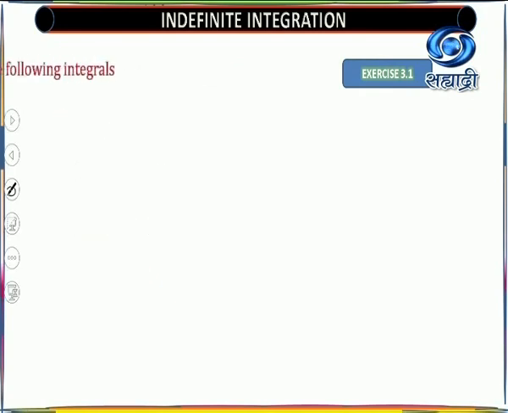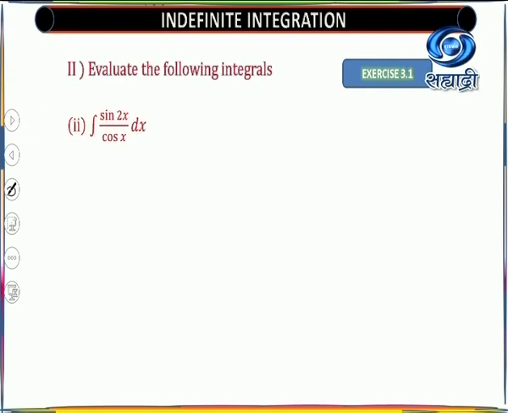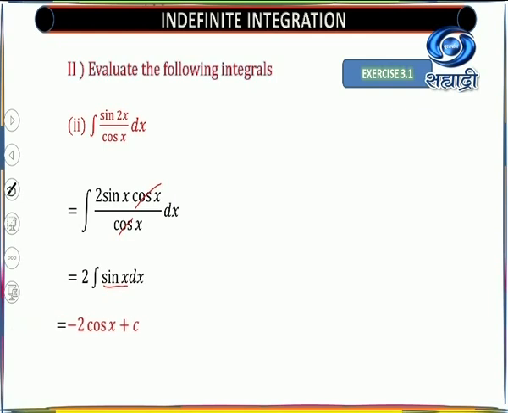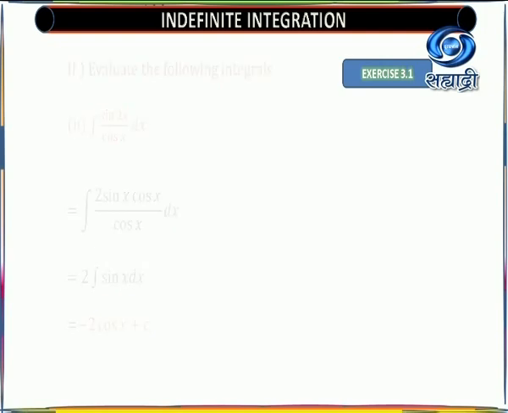This is the simple trigonometry which we are using here. So the next example is given here as integral of sin 2x upon cos x. Just now I discussed the formula for sin 2 theta. The same formula we are using here. So you will get 2 sin x cos x, and cos x will get cancelled. So you are left with 2 sin x. 2 is a constant, so outside the integral sign you will get sin x. Now start thinking whose derivative is sin x. You know that the derivative of minus cos x is sin x. So immediately you will get your value as minus 2 cos x plus constant of integration. Okay, so this is the second example.